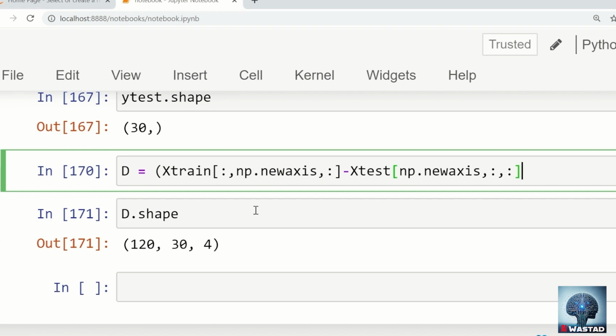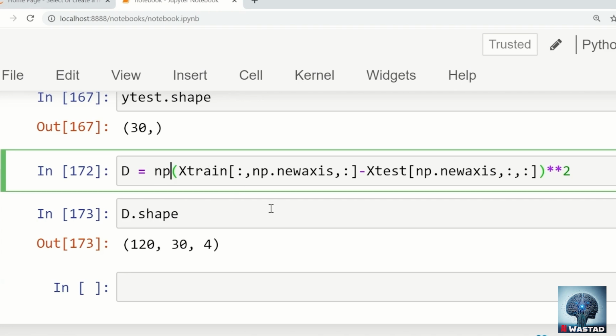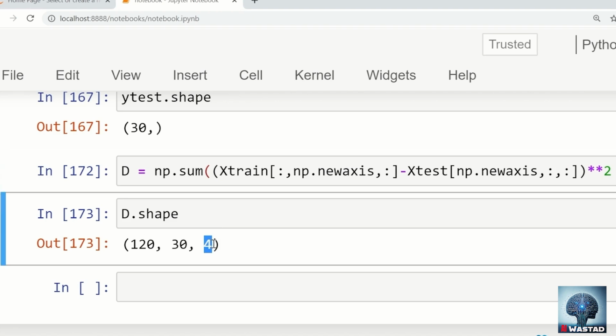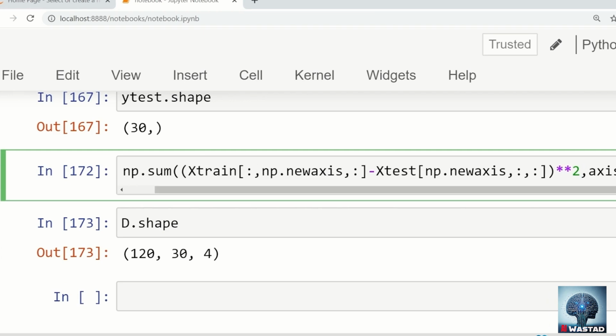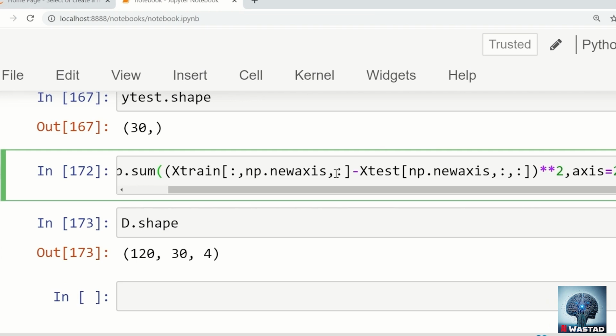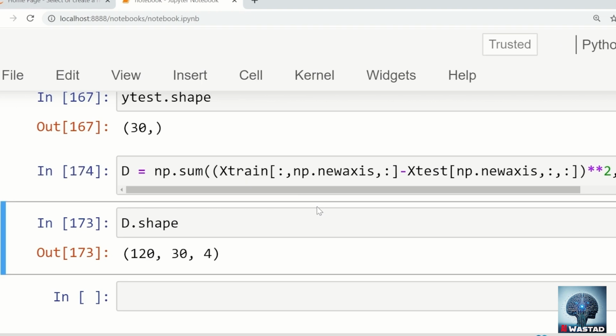So what I do really is I just take the square of all these elements. So after this command, I'll be having the square distances now. What next I do is I basically squeeze this dimension, because that is something that I don't want for Euclidean distance. And I set the axis equals to 2. And these square differences will add up, and I'll be having a complete distance matrix